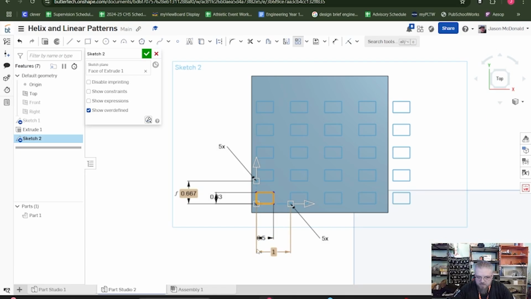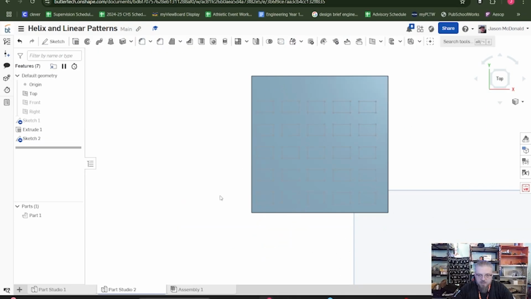Same thing here. This 1 inch gap is from the far left of the first square to the far left of the second square. Button's only 1/2 inch. So let's say I change this to 3/4 of an inch. Now they all fit. Now that I've got them all in, I can go ahead and press the green check mark. They're not doing anything yet, so they're just sketches, so they kind of are a little bit faint,